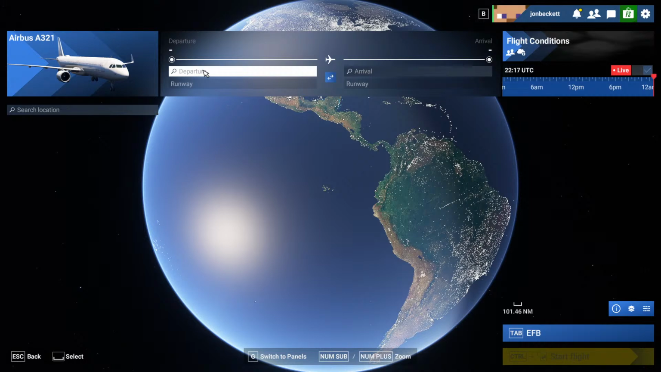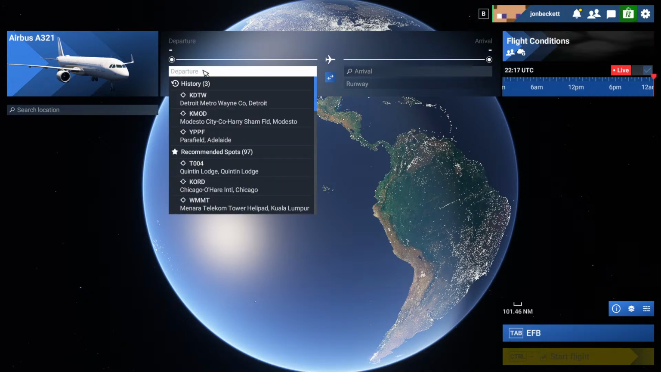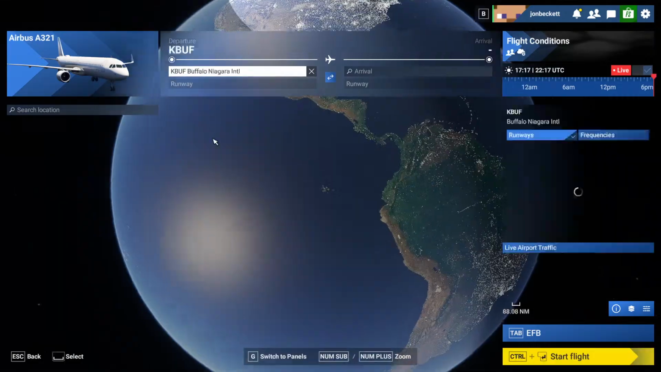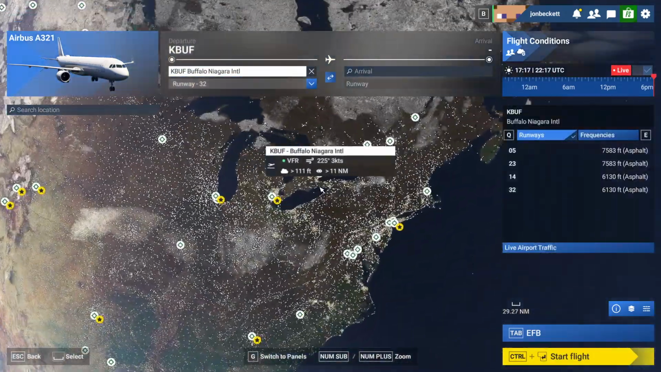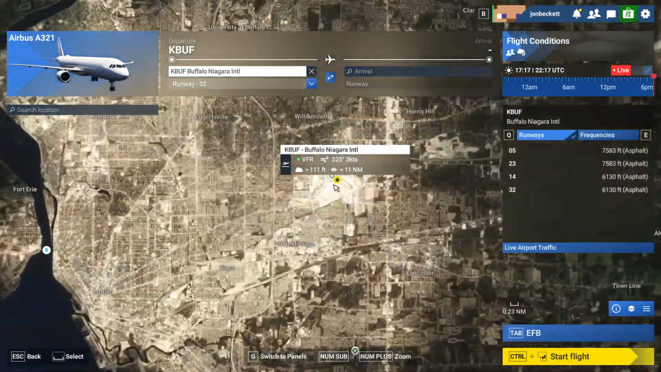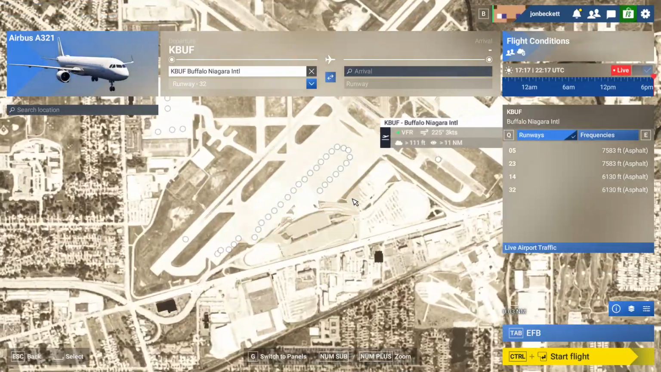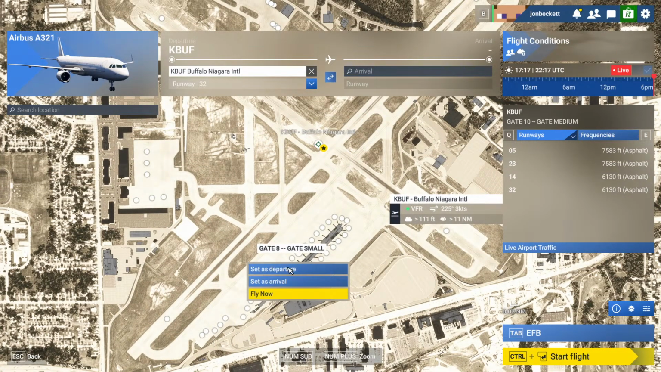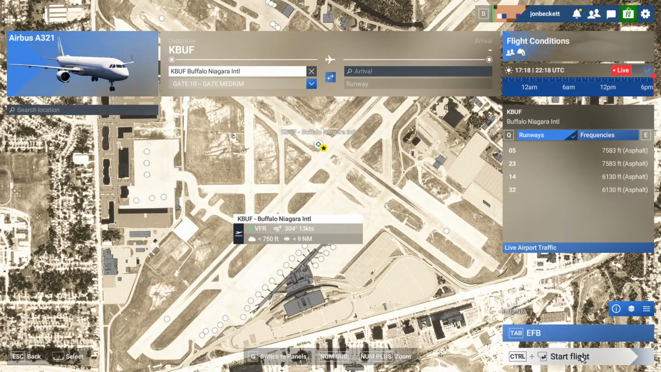Airbus A321 again. We're taking off this time from KBUF, which is Buffalo Niagara. And we're going to fly it in reverse, and we're just going to go with what SimBrief gives us and see what SayIntentions does with that. So we'll just pick a gate, any gate, set as departure, start flight,